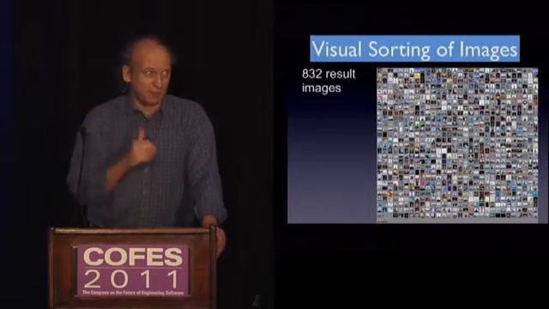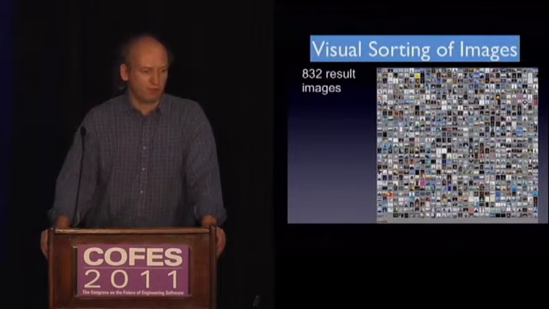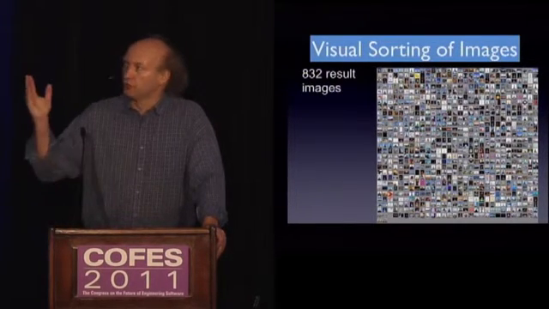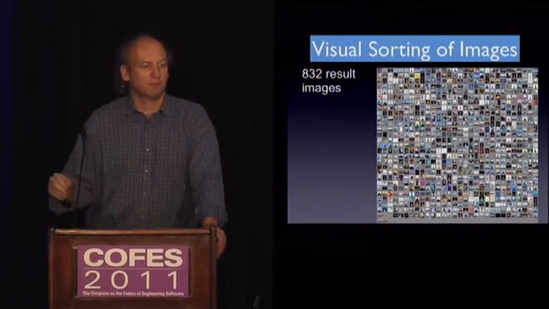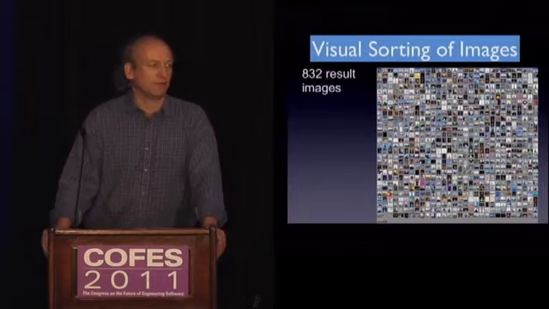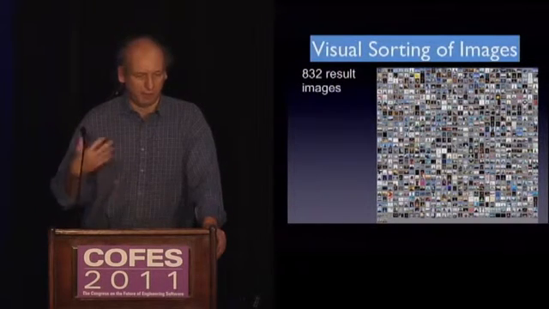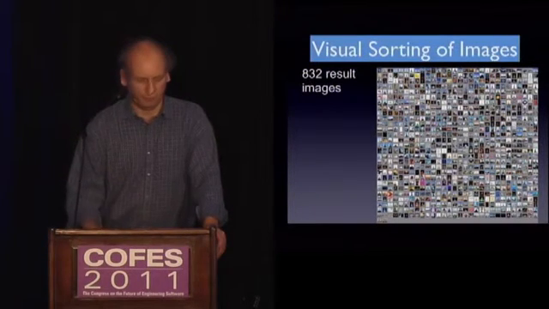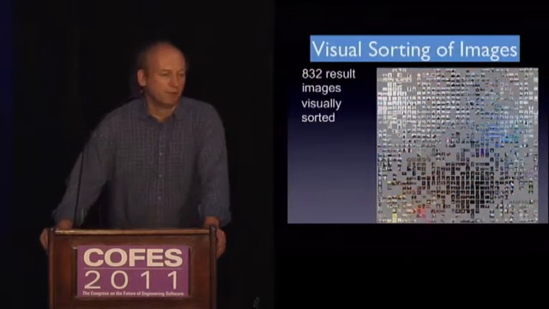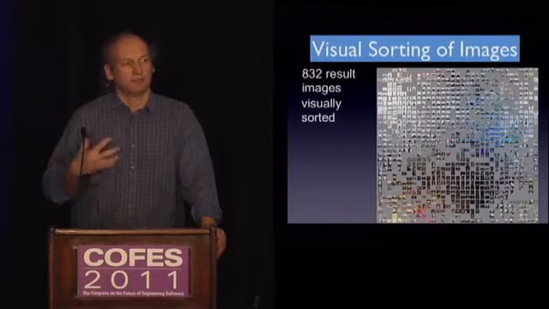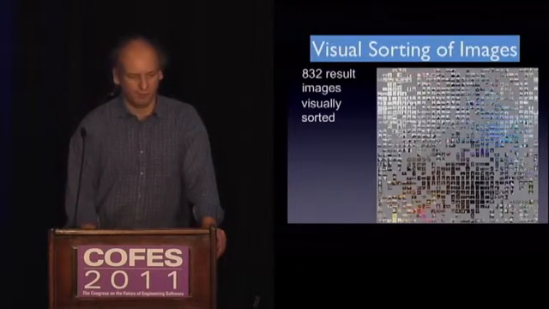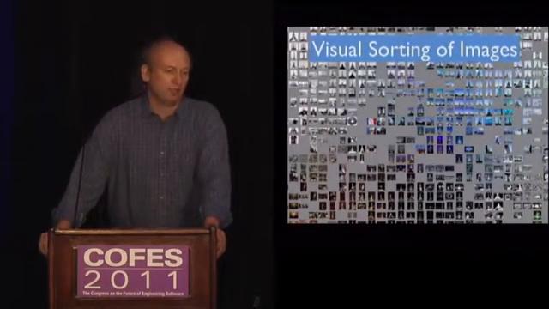We have developed one technique which is called visual sorting of images. You can see these are more than 800 Eiffel Tower images from a Google search. This is the original order from Google, so we didn't mix them up, and you can actually not see anything at all at this scale. But if we rearrange them by visual appearance, it looks like this. You still cannot recognize the images, but you can see where the areas are that are interesting for you, and you can zoom into that area,